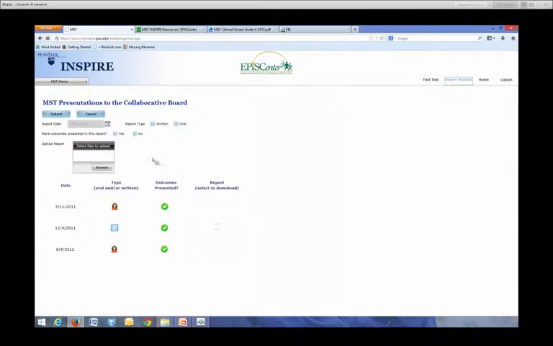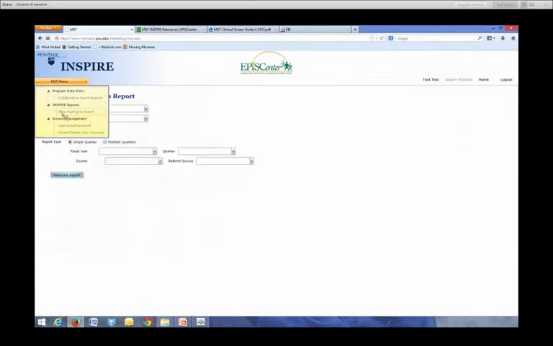So we have logged in as an administrator. We're going to go to the menu here, and you'll see under Inspire Reports, the only selection at this point is the Data Highlights Report. So you'd select that, and you'll see this screen. Because I'm on the demonstration test site, this looks only slightly different from the live Inspire site at this point, in that